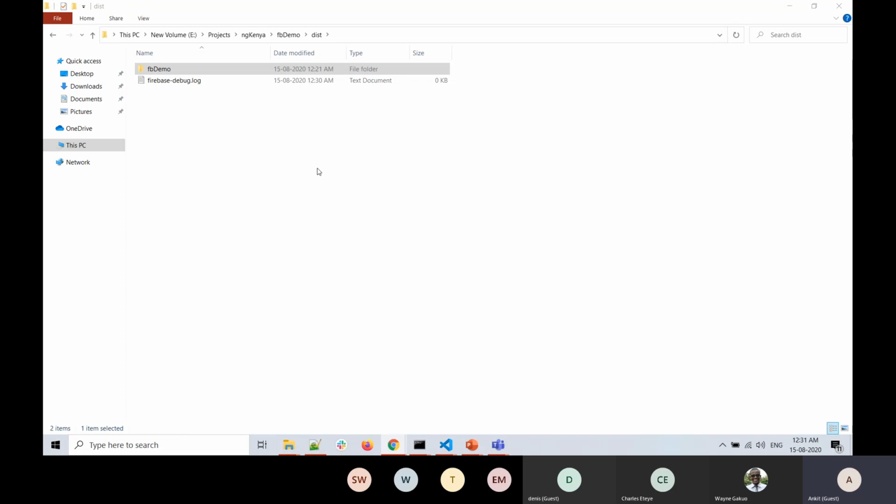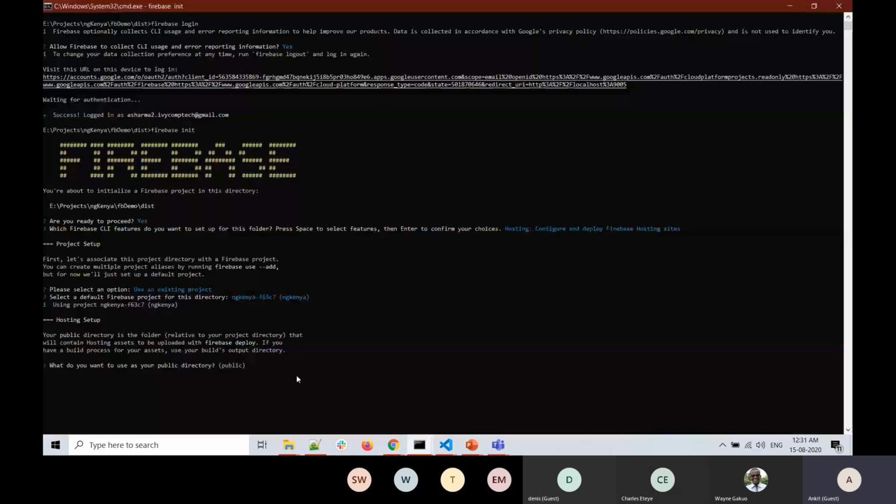At this point, you remember that all our configuration files are present inside this FB demo folder. That is why we are going to give the name FB demo. It means we are going to use FB demo as our public directory, which means it will take reference of all the files present inside this folder. So we will give this name and press enter.